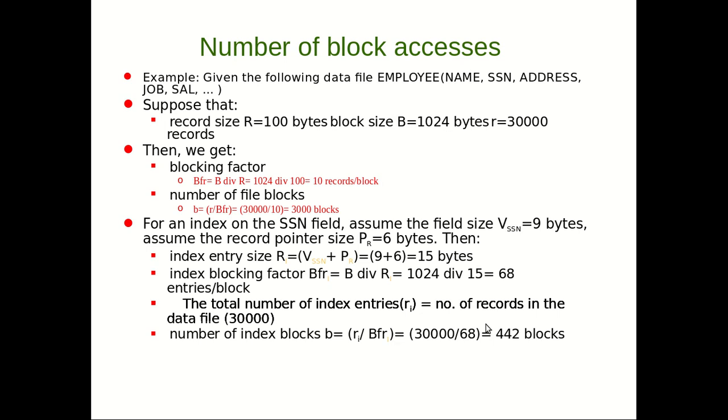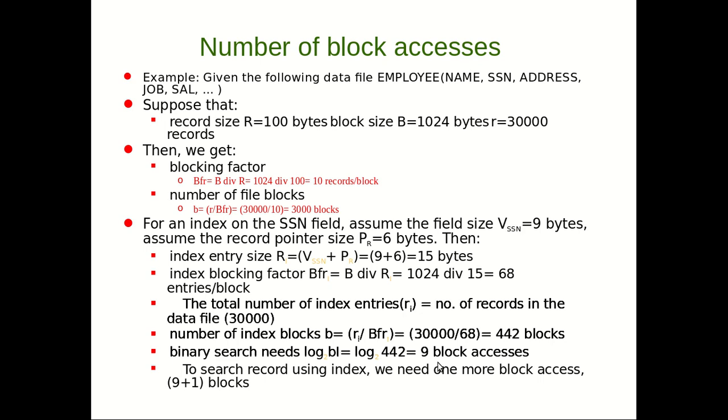Therefore, to perform a binary search on this index file, the total number of block accesses required is log to the base 2 of the number of blocks, that is log 442, which is 9 block accesses, and you will get only the corresponding block pointer or record pointer. To search a record using the index, we need one more block access. Therefore, total 9 plus 1, 10 blocks. Total number of block accesses required in the case of secondary